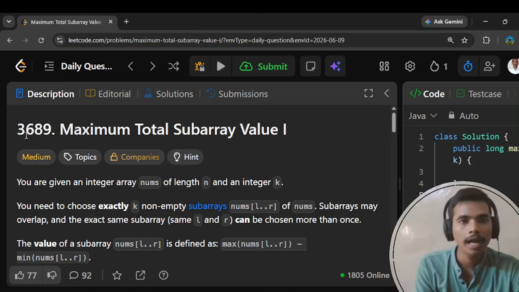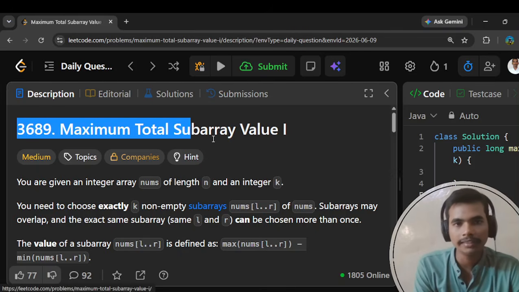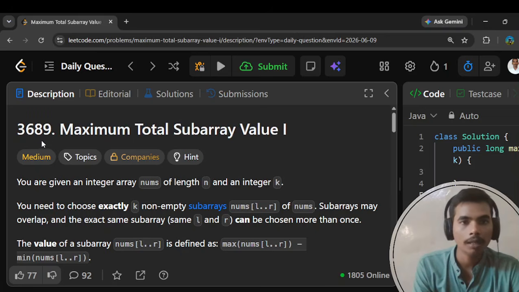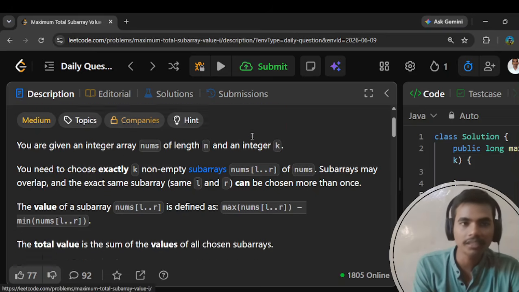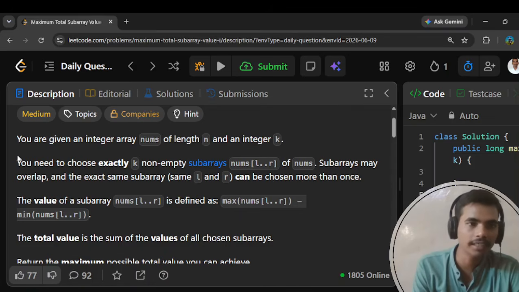Today's problem is problem 3689 of LeetCode. Here the given topic is maximum total subarray value 1. In this question, we are given one statement. The statement says